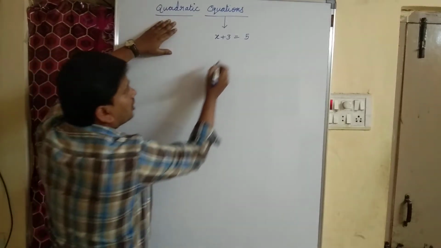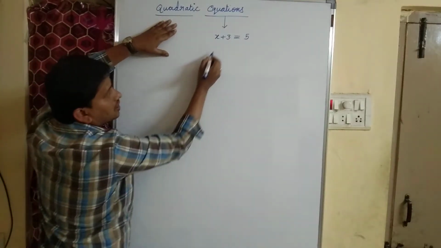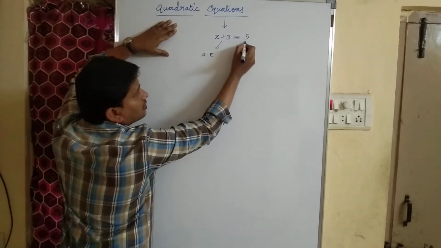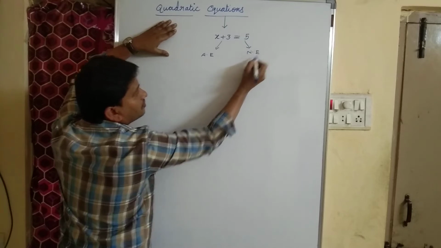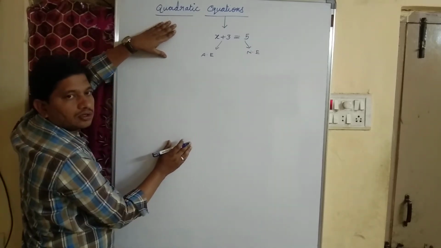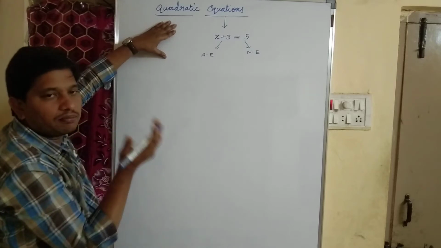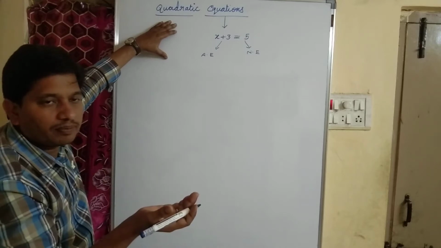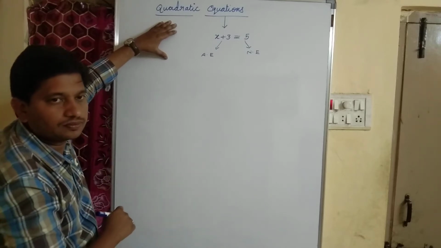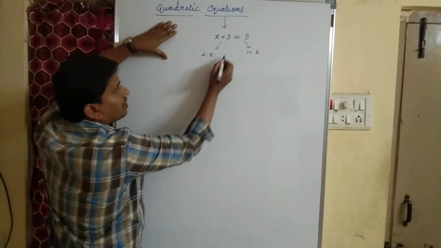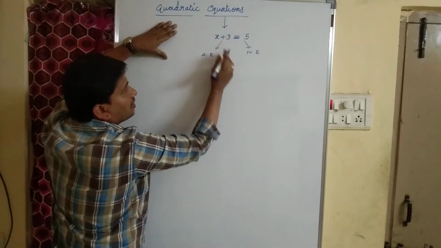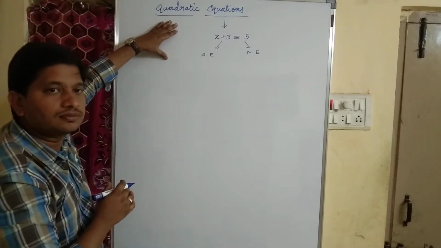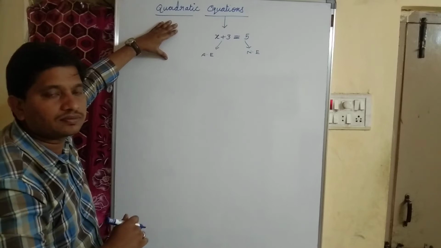Because in between these two expressions, see, this is called an algebraic expression and this is called a numerical expression. A numerical expression is nothing but one which involves only numbers. An algebraic expression is nothing but a combination of alphabets, constants and variables. Okay, let it be. What do you mean by equation? If there is an equal sign in between two expressions, it is said to be an equation. Children, did you understand what an equation is?